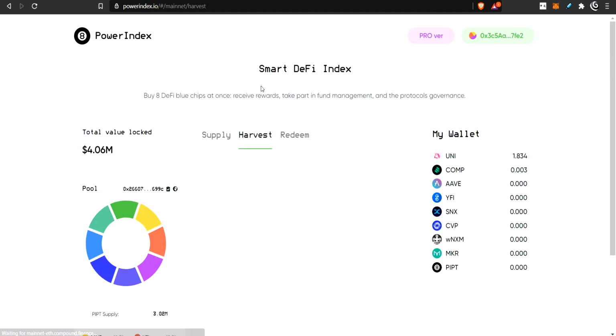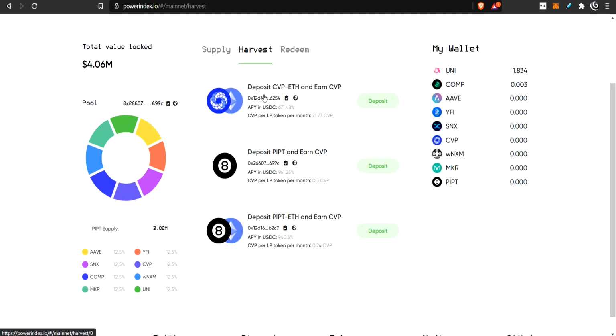The next part is called Harvest. Currently, they have 3 farms, and this is farms for the CVP token. The CVP token is their own governance token for this particular protocol. And so they have 2 liquidity pools. This one's, I believe, Uniswap, and this one is Balancer. I could be wrong. I didn't do this, so you'd have to look into this if you want to provide liquidity and get 600% or